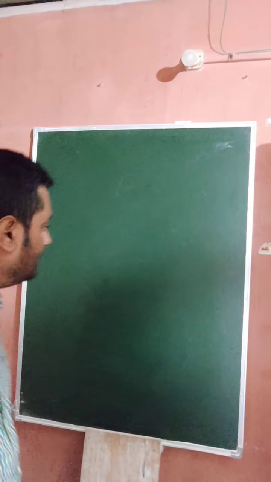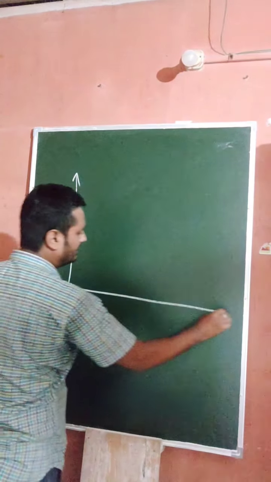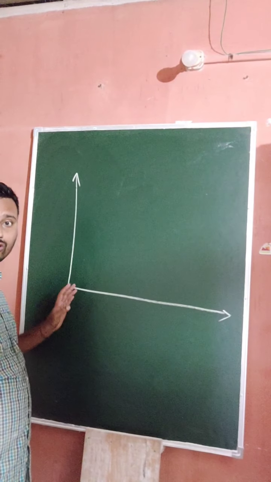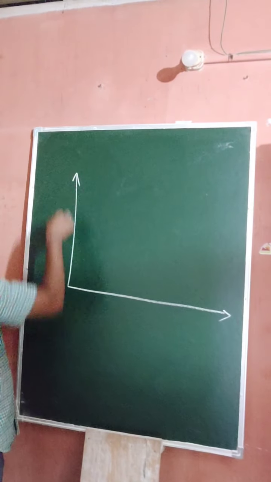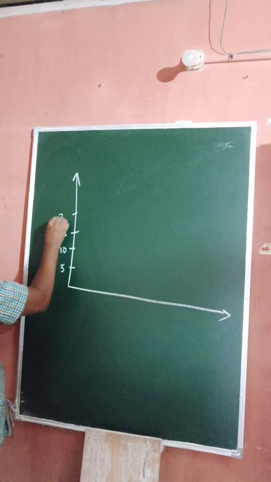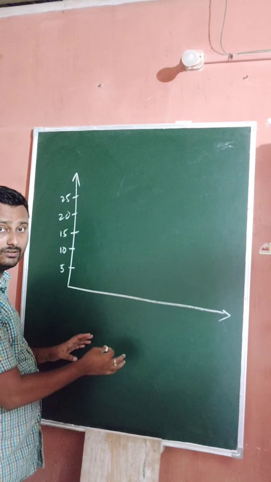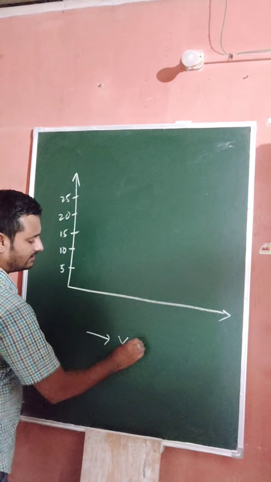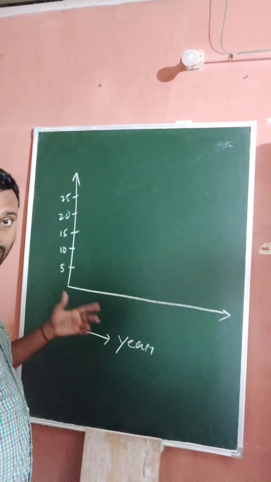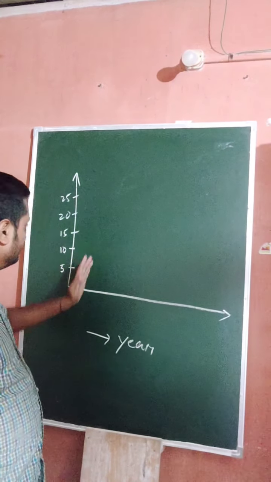Okay, so basically in a bar graph, all of you know that there are two axes. One is the vertical axis and one is the horizontal axis. This type of question you have to solve on graph paper. So suppose in the vertical axis, the given values are like this: 5, 10, 15, 20, 25. And the horizontal axis, suppose the information is given. Suppose in 1998 the production, like the previous question already done in 12.1, suppose 1999 production is 15 crore, like this.